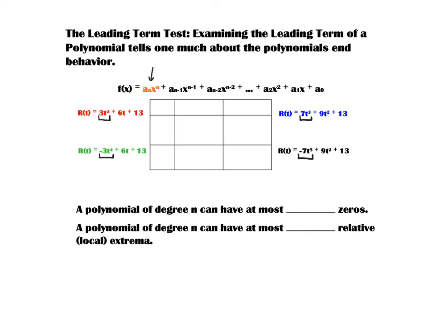What we're going to do is consider both a sub n and n. So if n is even, like you see in the red and in the green function, and if n is odd, like we'll see in the blue and the black,